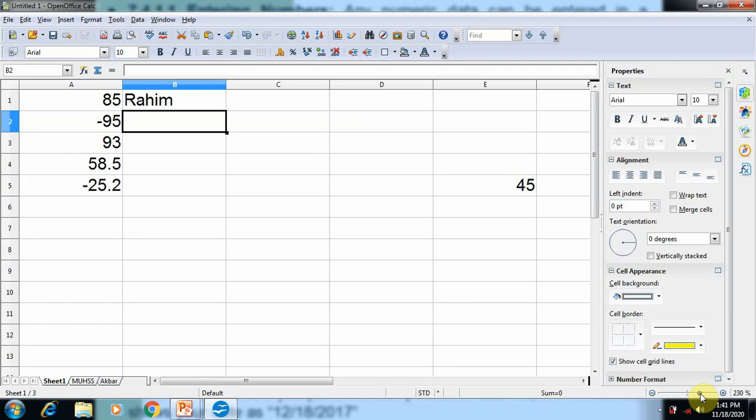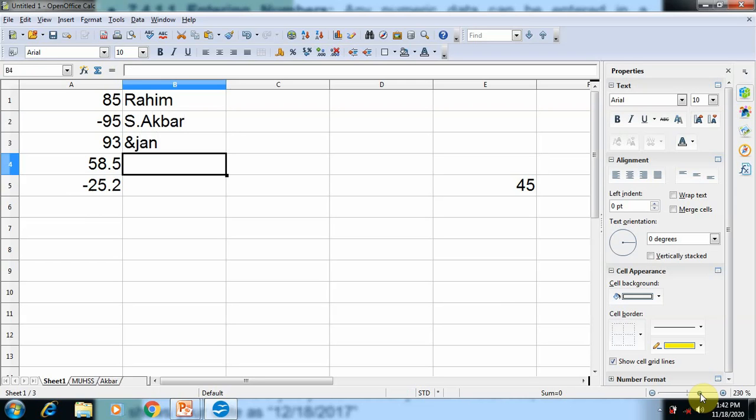So whenever you enter any number, OpenOffice Calc automatically aligns that number in the right direction. Whenever you enter any text or combination of number and alphabet or symbol, then it is aligned to the left direction, left alignment. For example, I'm going to give a number with yes Akbar. Then you can see a symbol, dot, is also added here. That's why it's considered as text, and OpenOffice Calc aligns that particular text in the left direction. If you add any symbol also, for example January,